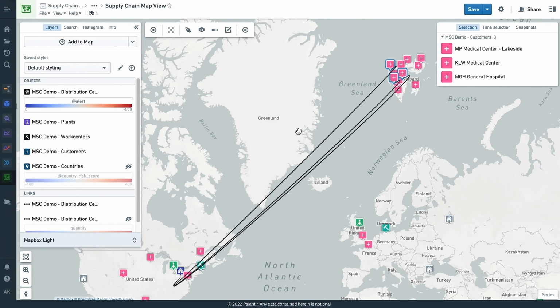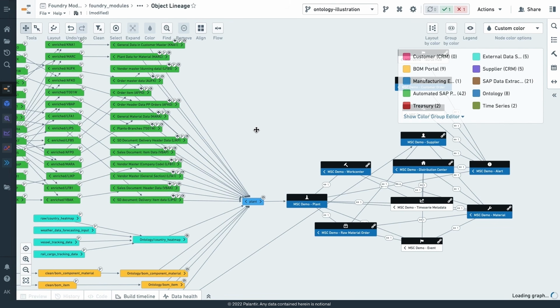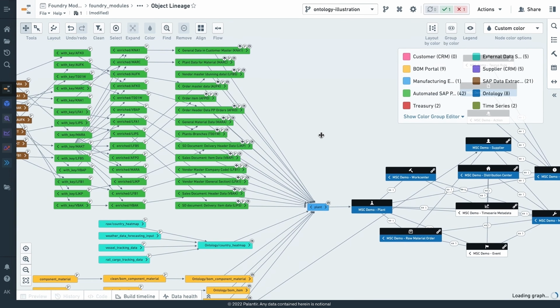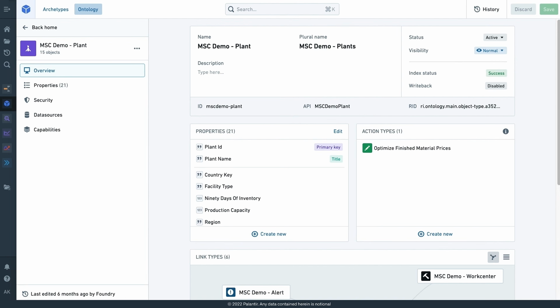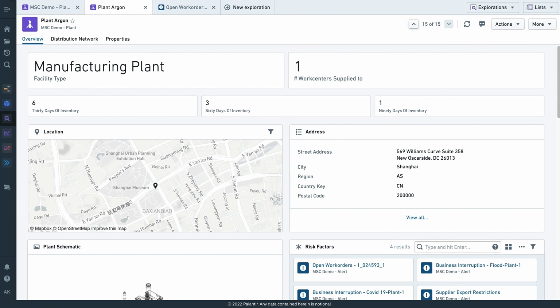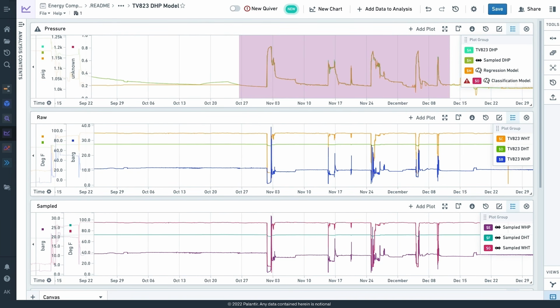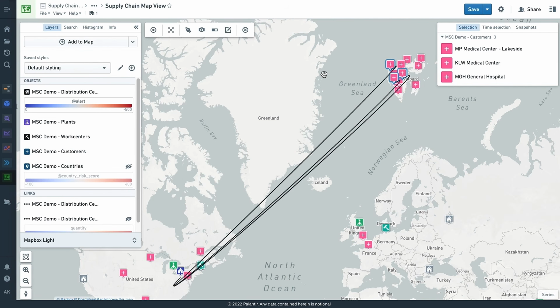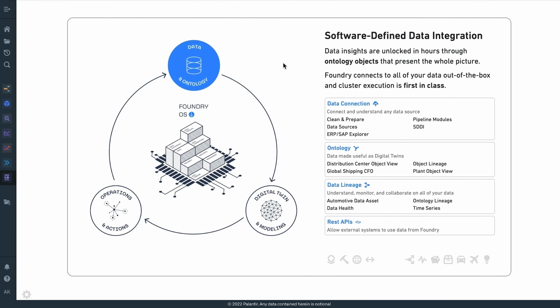And so this hopefully gives you an idea of, if you do that work of being able to rapidly integrate data from different sources, right? Or data lakes or data warehouses, and layering in those health checks, having that security built in, allows you to quickly assemble this semantic model, which then opens the door to immediate access and exploration for different types of users, whether it's in Object Explorer or it's in Quiver or it's in a map-based application. And that really is the journey, in very short form, of the first mile of the platform, right?